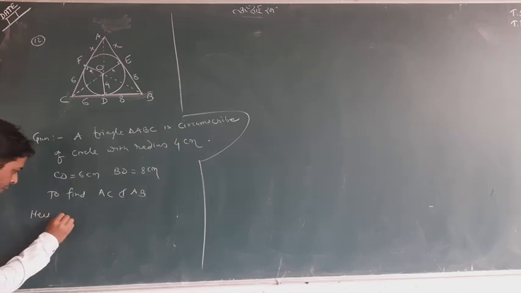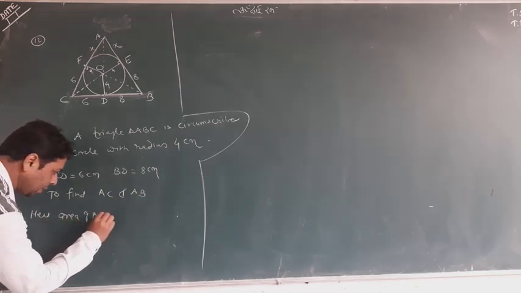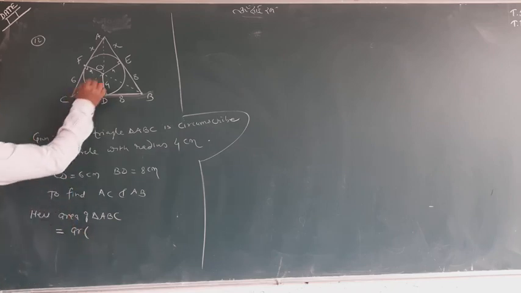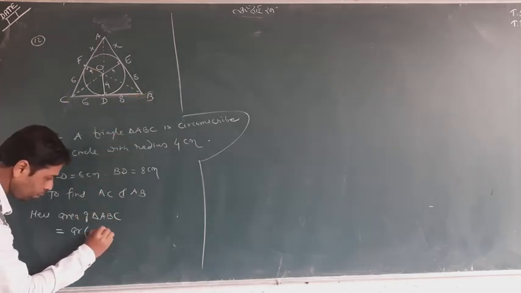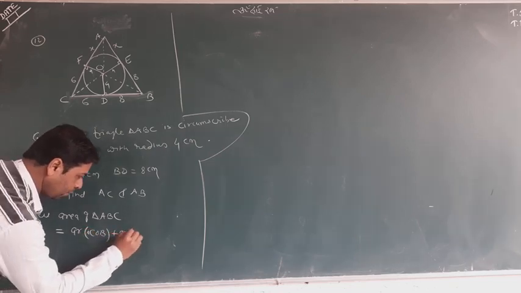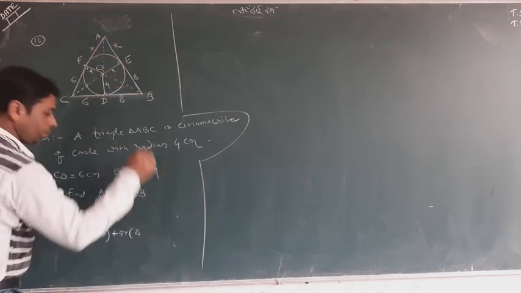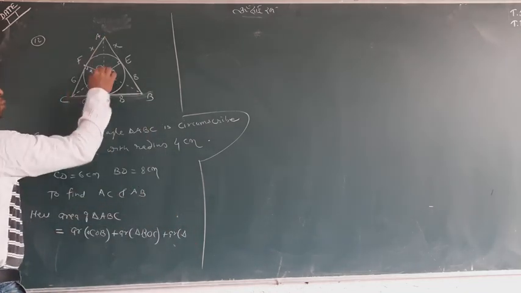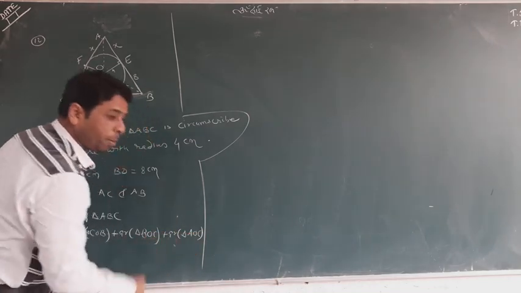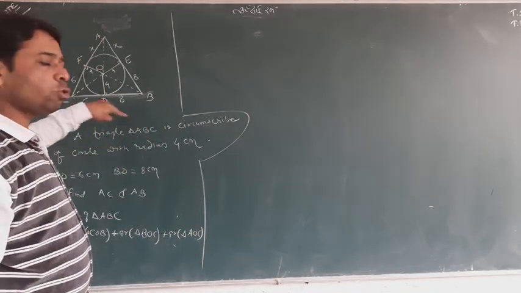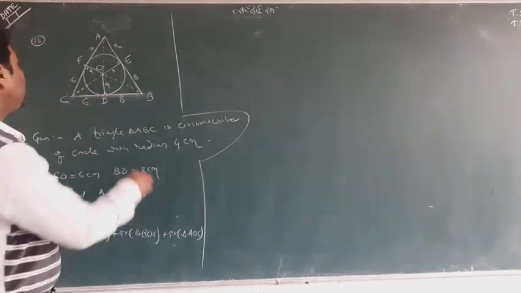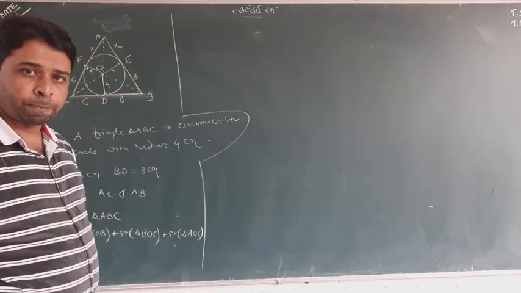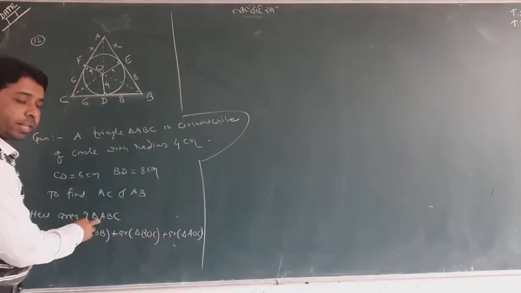Here, the area of triangle ABC is actually area of triangle COB, area of triangle BOC plus area of triangle AOC. So this is the way you have to remember that the area of the whole triangle is equal to the area of this triangle and this triangle. Three triangles we are looking at. So we add all and we will get the area of the triangle.